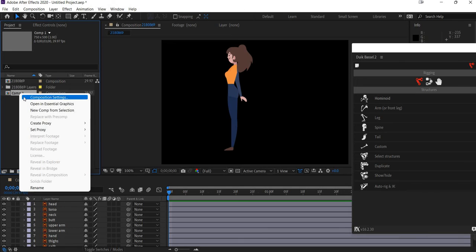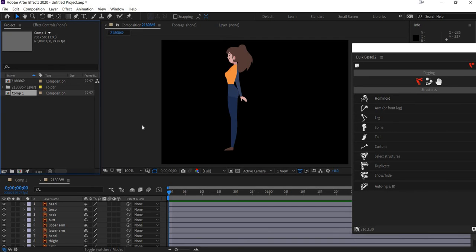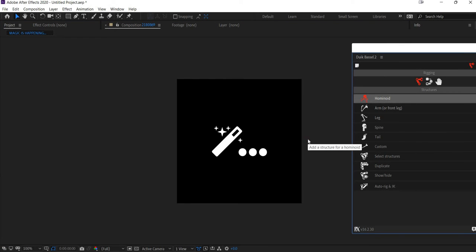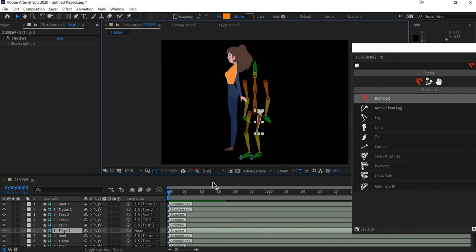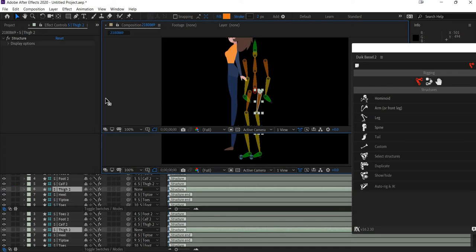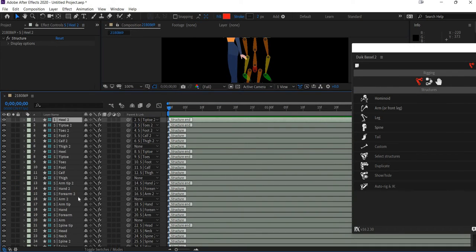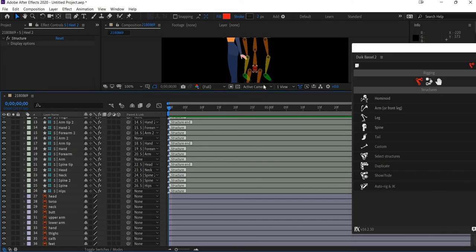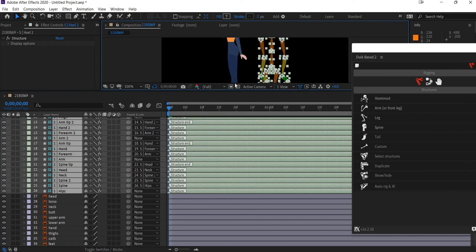We can delete the humanoid character that we created and create the humanoid character here again. Okay, so you can select the layers which consist of all the bones and move it on the side a